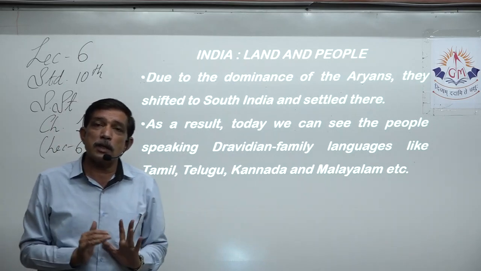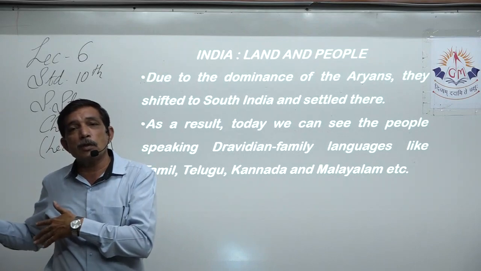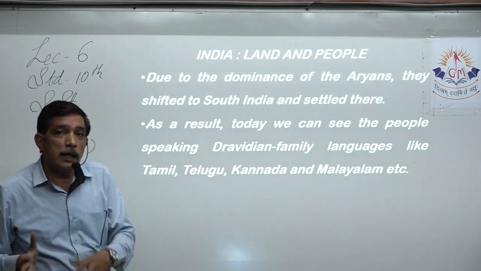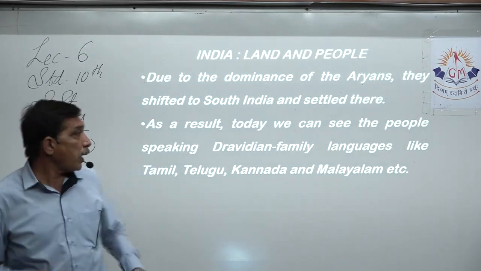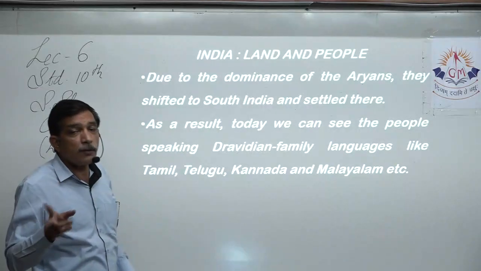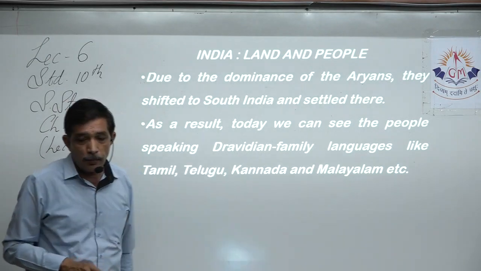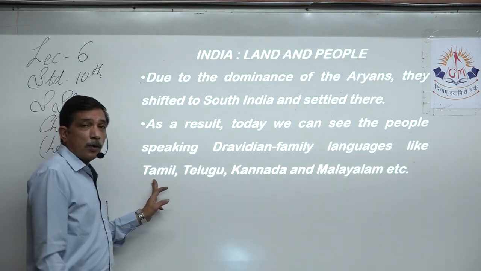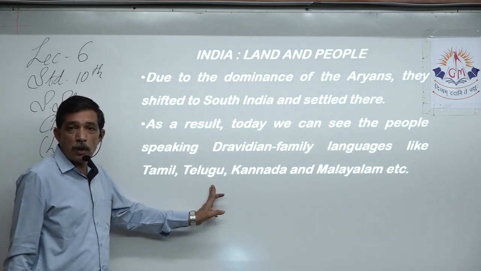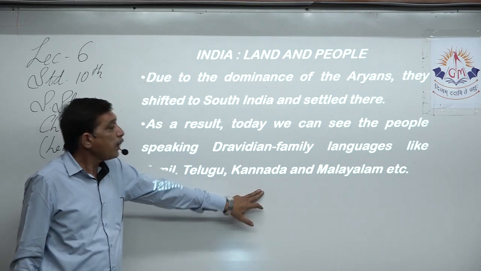When they saw themselves in danger, when they saw their tribe in danger, yes, they started shifting towards the south of India, and they settled in South India. As a result, today we can see people speaking Dravidian family languages like Tamil, Telugu, Kannada and Malayalam. Yes, Tamil is spoken in Tamil Nadu, Telugu is spoken in Andhra Pradesh, Kannada is spoken in Karnataka, and Malayalam